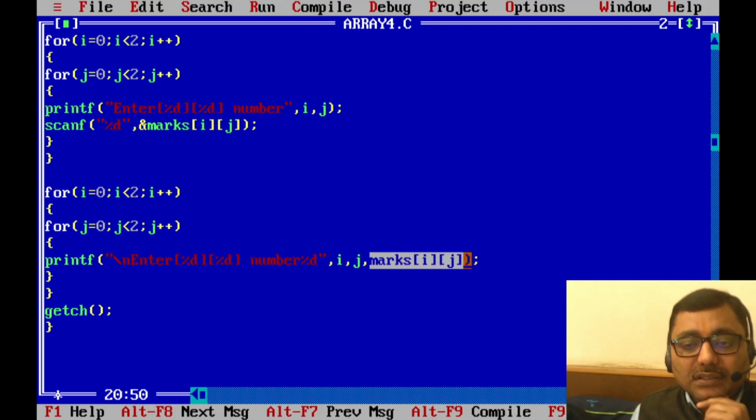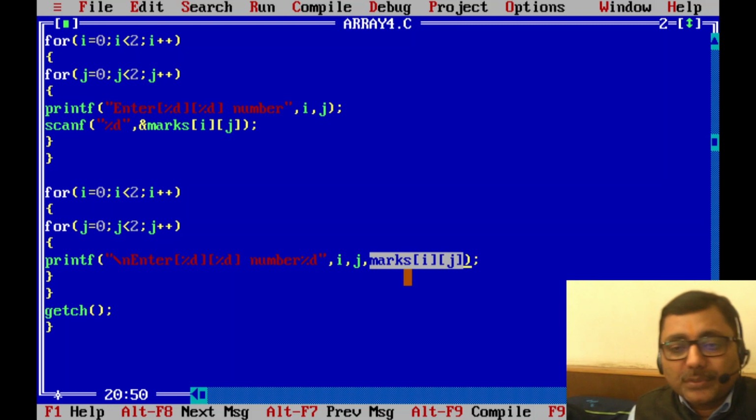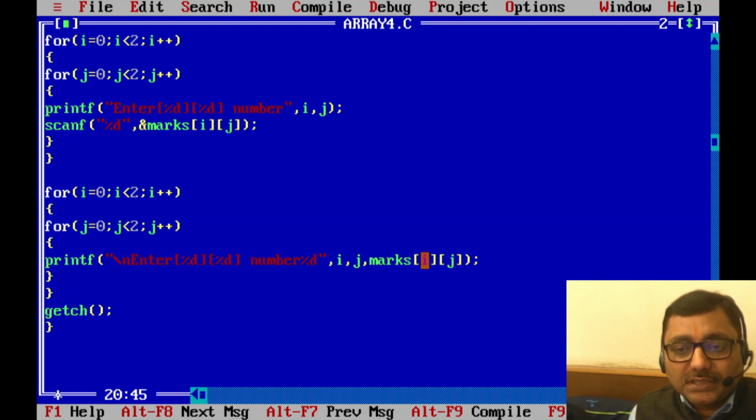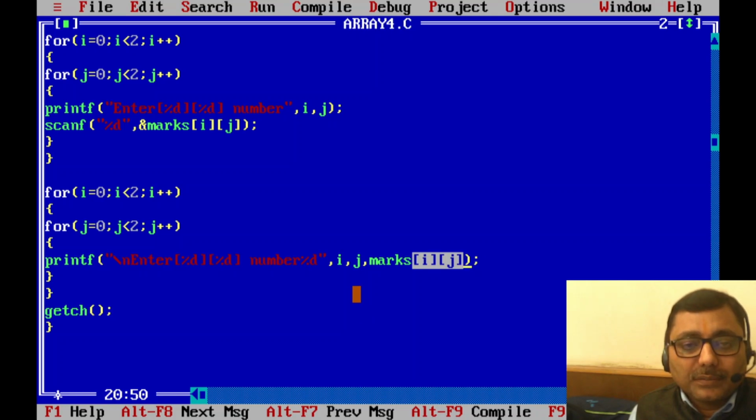So for fetching data from a two-dimensional array, we need two indexes. One will specify the row, and the second will help in identifying columns. And in total, i and j will be able to identify the location where my array value is stored, and thereby we will be able to print.